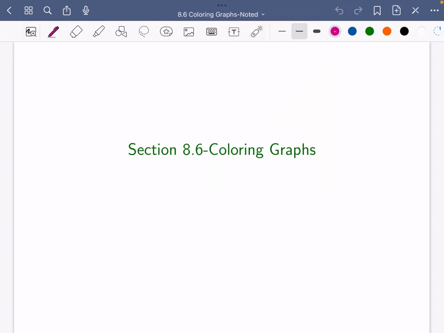In this video, we are going to look at graph colorings. And so as we look at graph colorings, we're going to define what this is, we'll identify the chromatic number, and we'll talk about some important results in graph theory that show up with colorings. As we look at this,